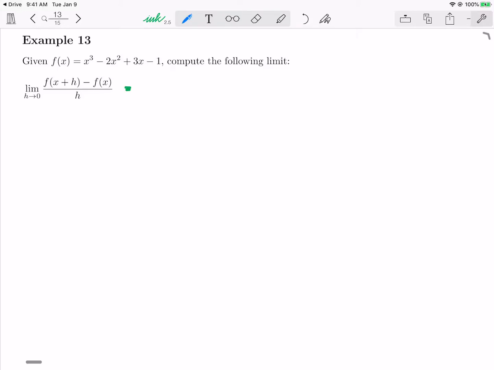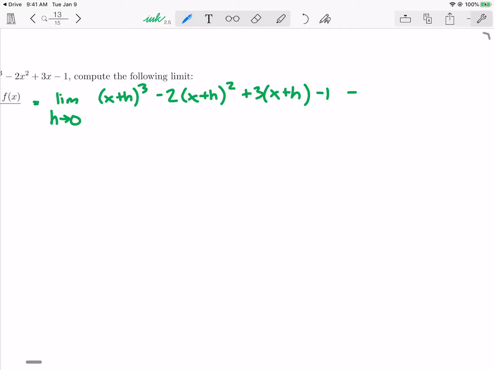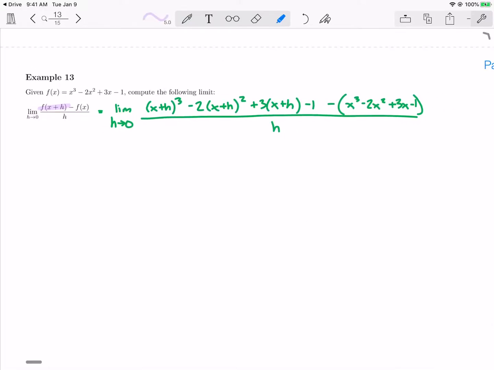But what I need to do is I need to replace x with x plus h for this first part. So every single x I replace with x plus h, and I'm going to have to actually cube that. And then from all of this, I have to subtract the original function, and I make sure I put that in parentheses. So x cubed minus 2x squared plus 3x minus 1, and all of this is over h. Now, in an ideal situation, everything that's here, this original f of x, should end up canceling. So let's see if that happens